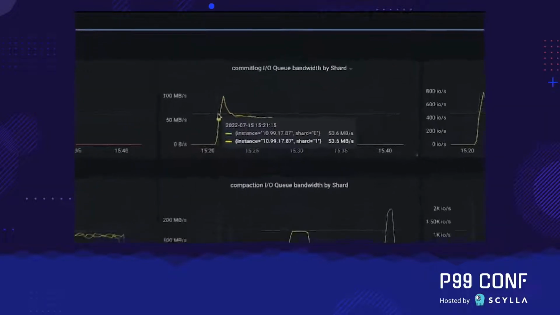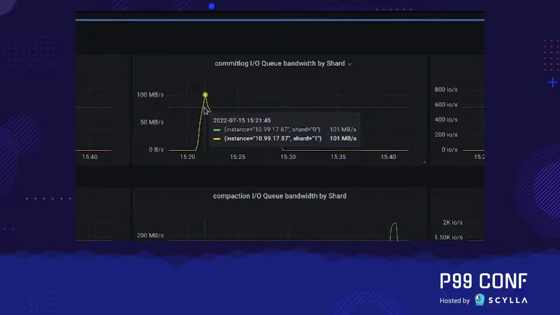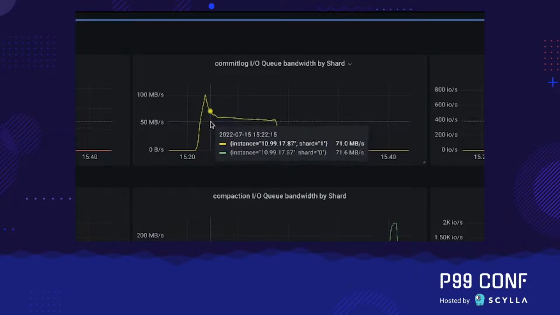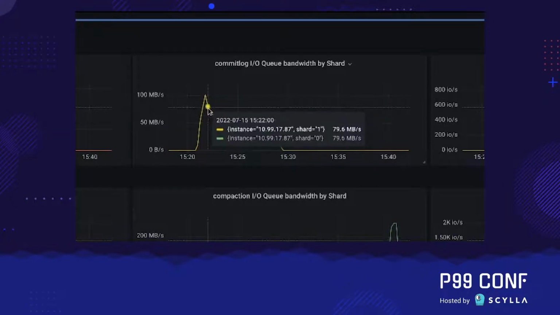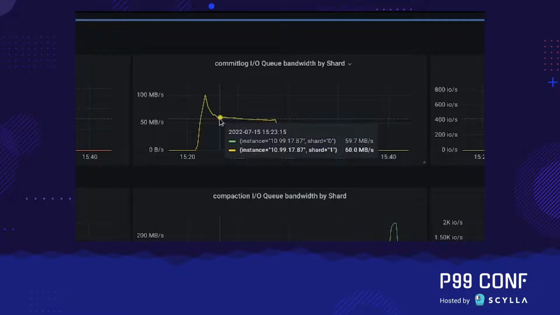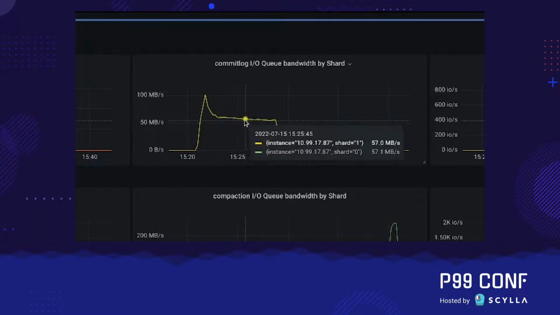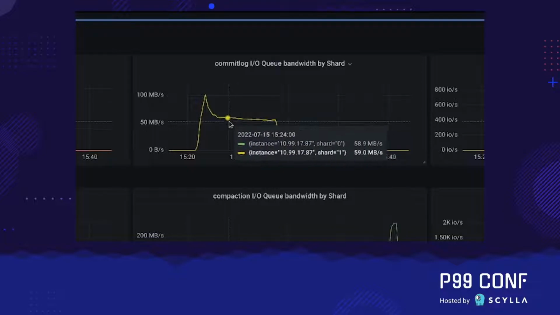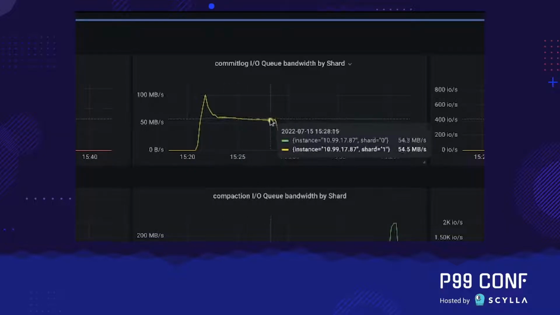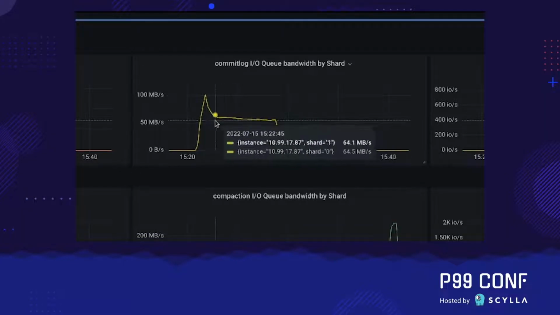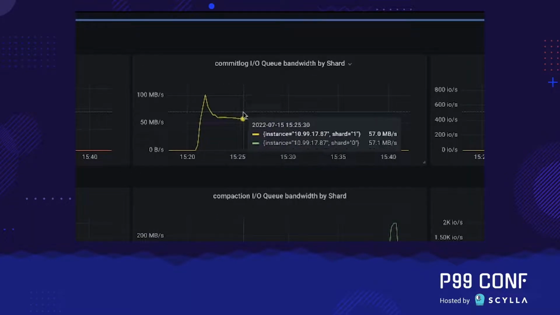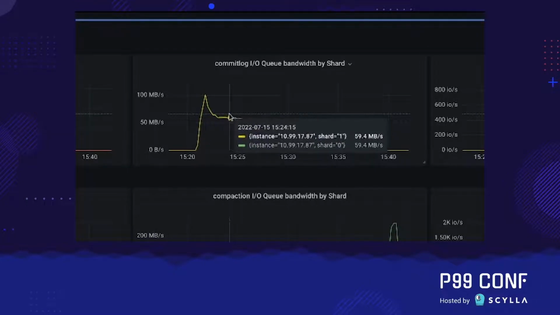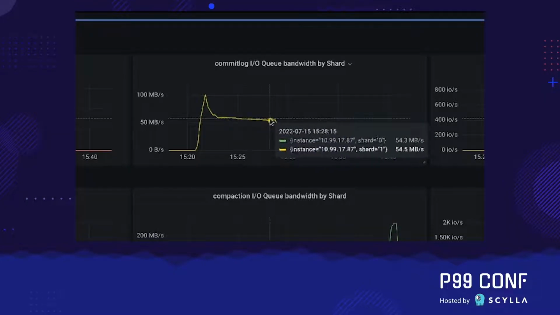So we saw in the beginning that commit log was running all alone, and so it was able to utilize all of the disk bandwidth. But very quickly, it ran out of memory, and now it has to share the bandwidth with the Memtable flush process, and also with compaction. So it's sharing the bandwidth with the Memtable flush with about a 1-to-1 ratio, and compaction is taking a small but steadily increasing share of the bandwidth. So we can see that each shard is doing about 60 megabytes per second, slowly decreasing towards 55,